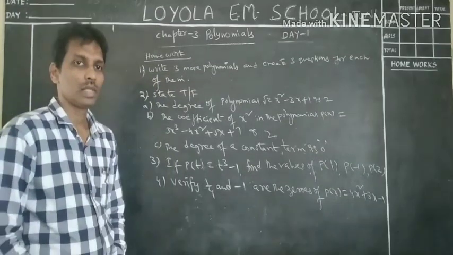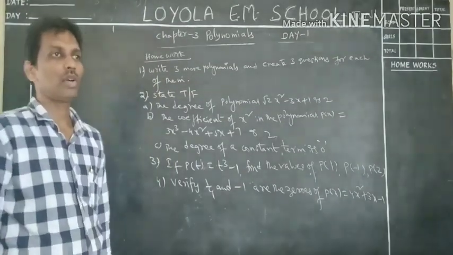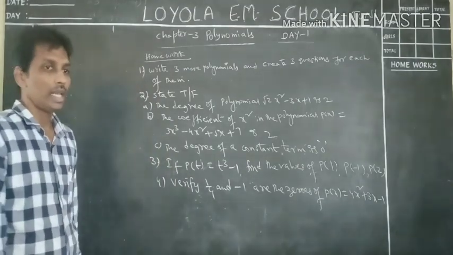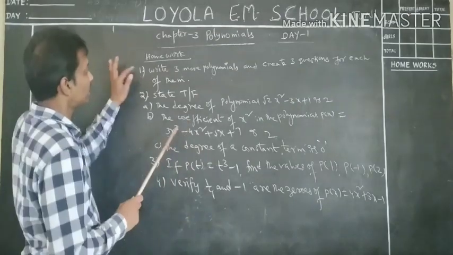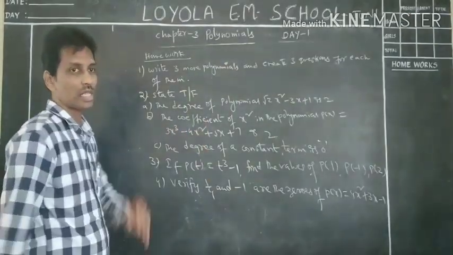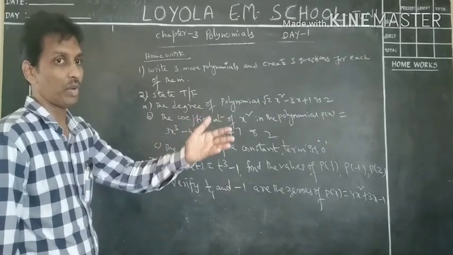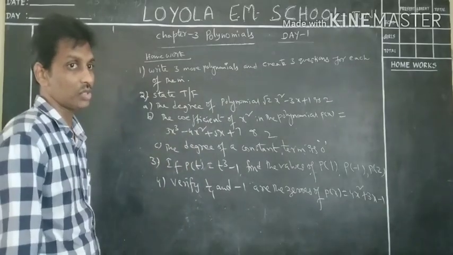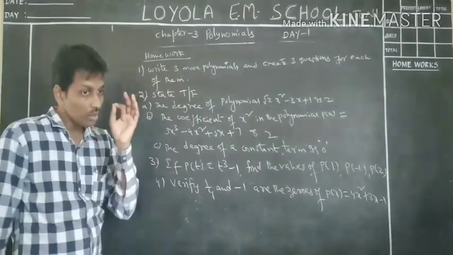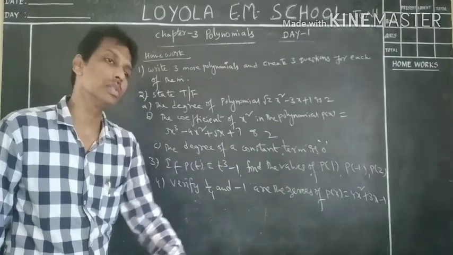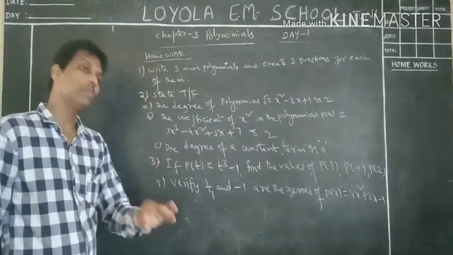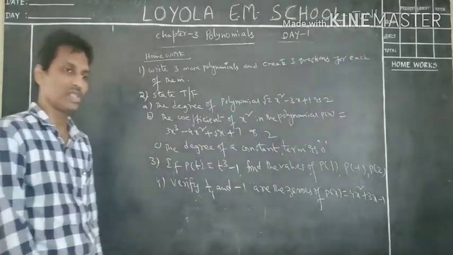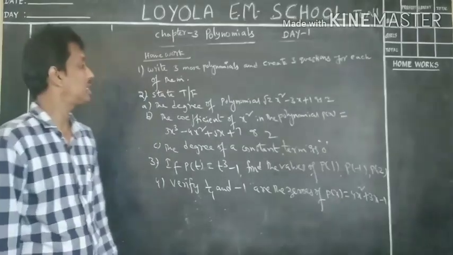Right. Okay children, based on the types of models we practiced today, I am giving some homework problems. Let us note down these homework problems. First one is write 3 more polynomials. How? In the first question I asked, what is the degree of the polynomial, what is the constant term, what is the coefficient of x cube. We asked 3 questions in that question, you know. So based on that, here we are asking you to prepare your own 3 examples. For 3 examples, you have to prepare 3 questions and answers also. Don't write only the questions; along with the questions, write the answers also.